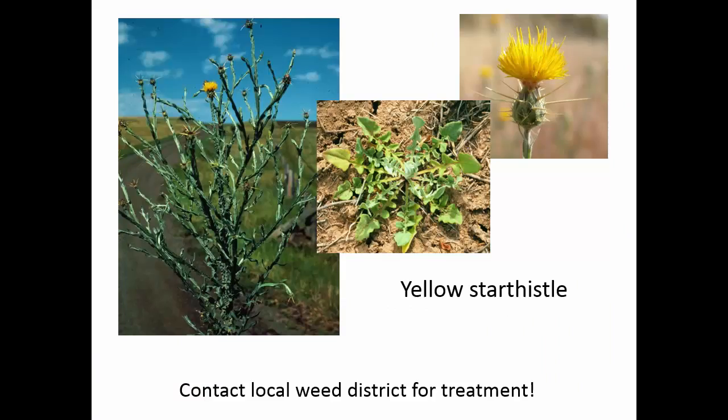Yellow star thistle, I hope none of you have this one. If you do, tell someone because they'll come out and treat it for you. This is one we don't have in the States. We've had plants come up here and there, and we have really diligently tried to take them away. I don't have treatments down. This is California spotted knapweed. That one looks worse to me than our spotted knapweed. I would prefer to let California keep it as their problem.